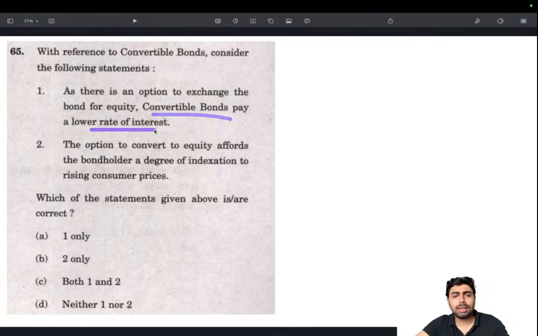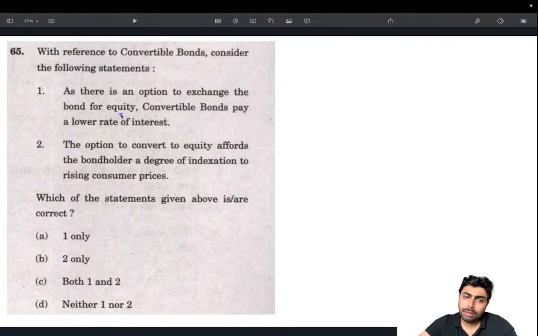As there is an option to exchange the bond for equity, convertible bonds pay a lower rate of interest. Again, basic thing, risk and reward. Having an option means reduced risk, meaning reduced reward. So convertible bonds pay a lower rate of interest. Makes perfect sense. Everything about this statement makes perfect sense. The option to convert to equity affords the bondholder a degree of indexation to rising consumer prices. Exactly. I've given you an example also when we discussed this in the outlier series, that option to convert